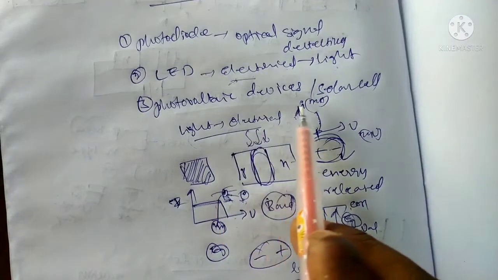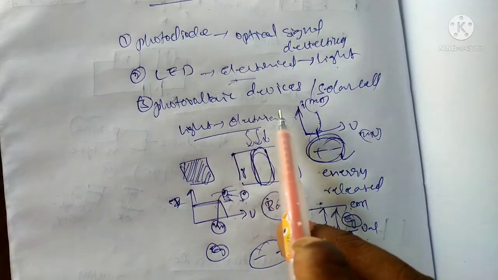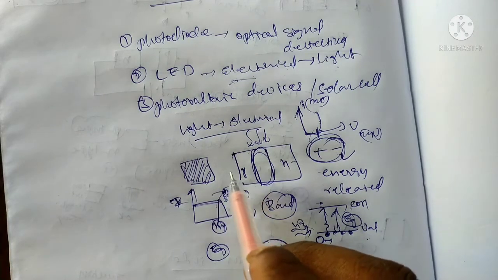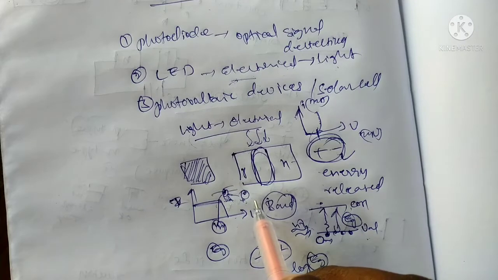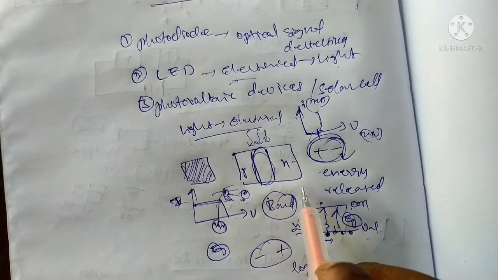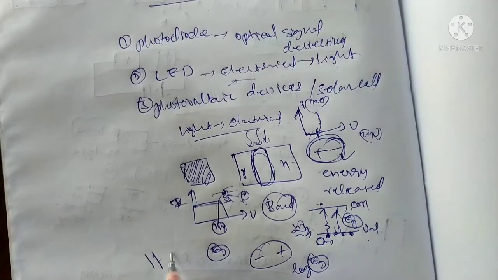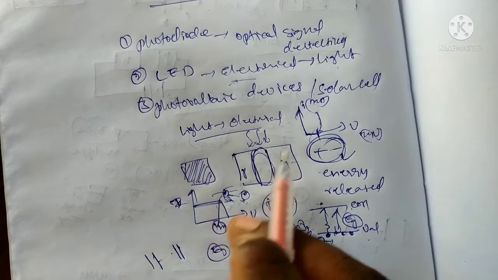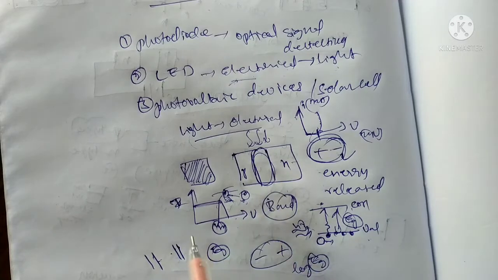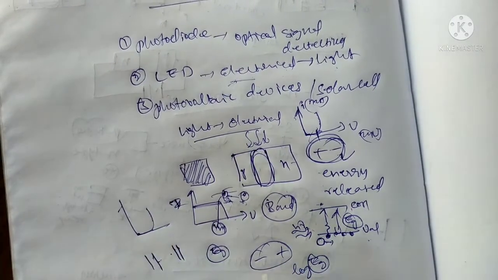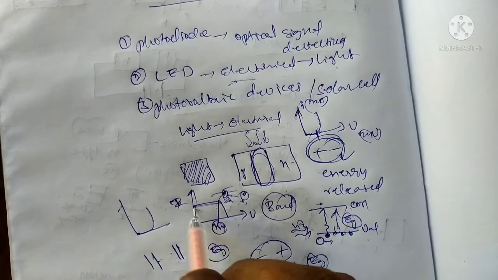Now the solar cell or photovoltaic devices. The solar cell works on the principle of forward bias. The p terminal is connected to the positive terminal of the battery, and the n type is connected to the negative terminal of the battery. Initially the depletion layer is like this. After biasing, the depletion layer decreases because of repulsion. Decreasing depletion means the number of electrons is increasing.